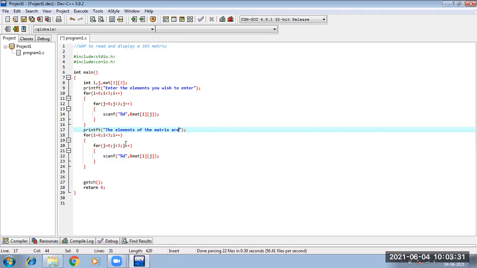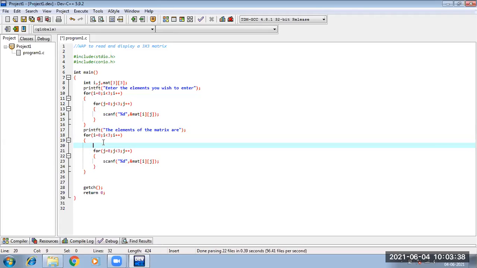Same for loop, same inner loop j, same outer loop, and in between I will just print my elements in the form of an array.